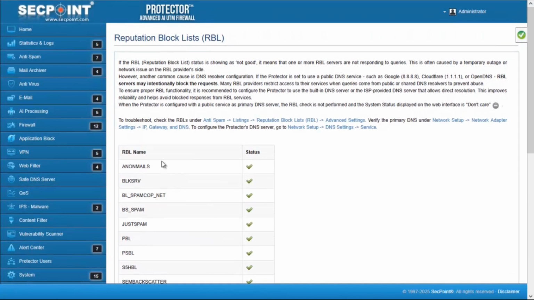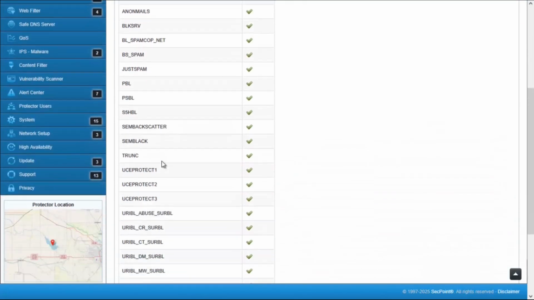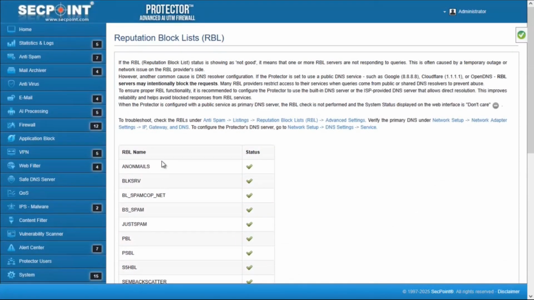Since delays in anti-spam processing can also be caused by a decommissioned RBL, a temporarily inaccessible RBL, or a RBL that requires a paid commission to provide the service for a large number of searches, when the status of one of these RBLs is not positive, the best option is to disable the RBL by setting its score to 0 in the RBL setup page. If the Protector is configured with a public DNS server, or if the mail proxy is not enabled, the RBL